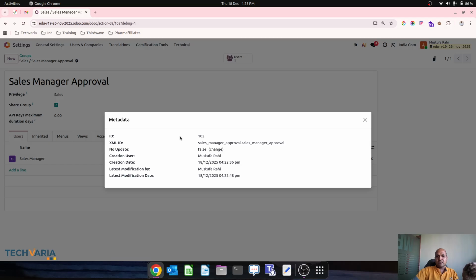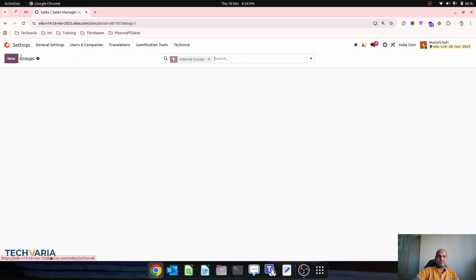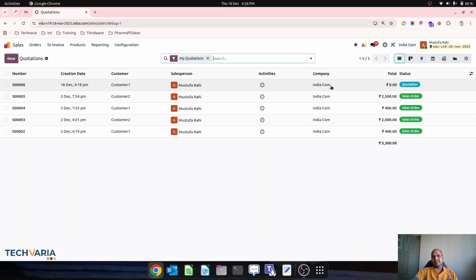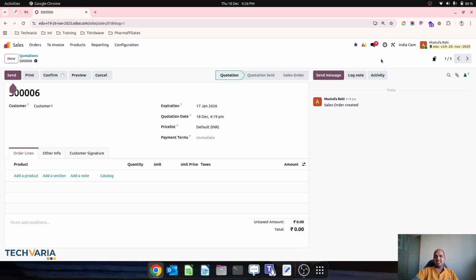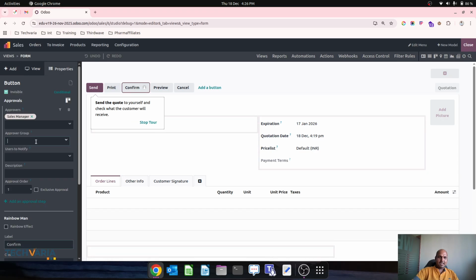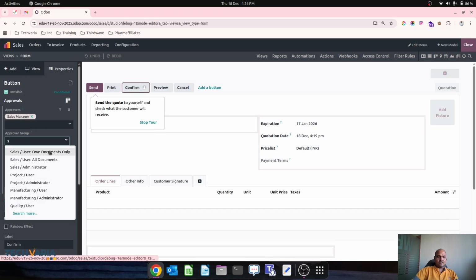So now the XML ID is created with this particular model. The XML ID has been created for this group also. It will not be considered an internal group yet, but the XML ID is created. So over here now, when I go into Studio and I want to apply that group,